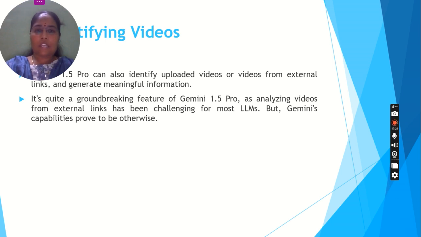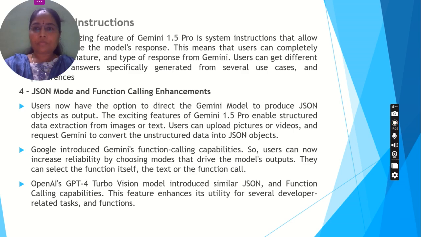So it is really helpful. I'll show you that also, demonstrating in a video how this Gemini 1.5 Pro is helping us. Next one is this: JSON. It is not there right now, but it is giving the outputs as objects, and mainly this is converting some picture kind of thing, which is unstructured